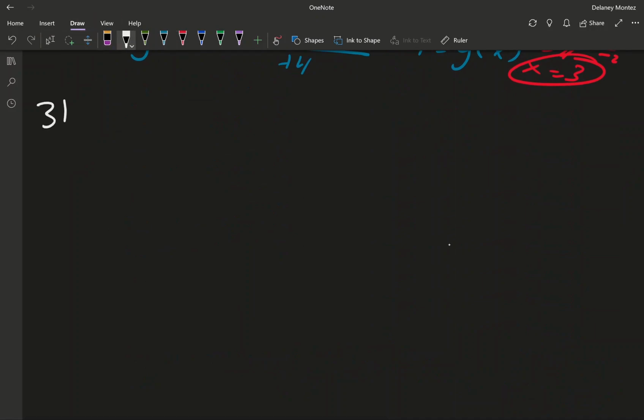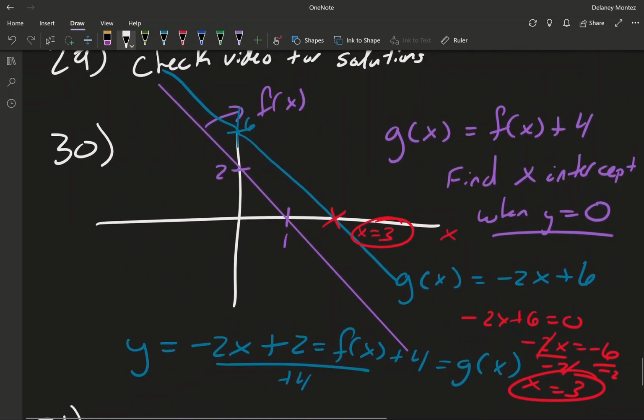So that's just an easy way to do it: we use what they're giving you. They gave us a good image here, and let's use it to